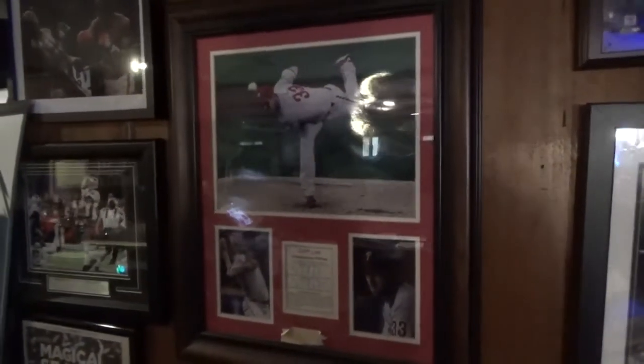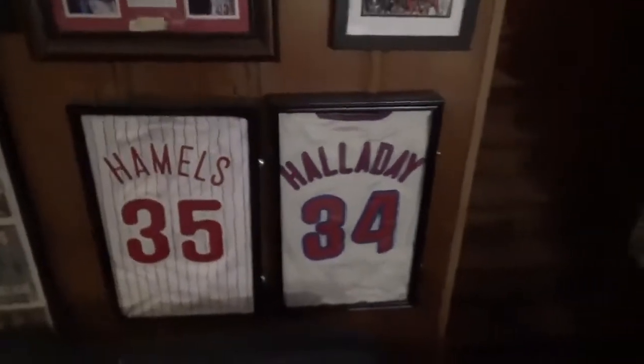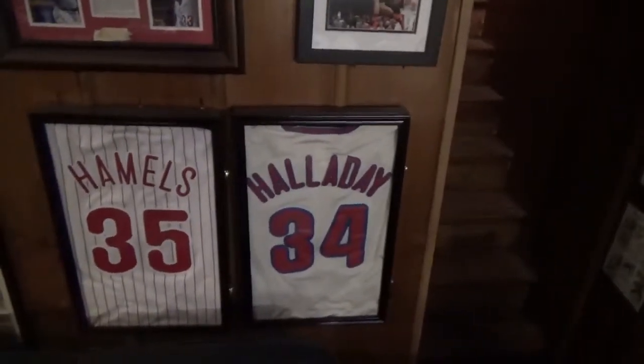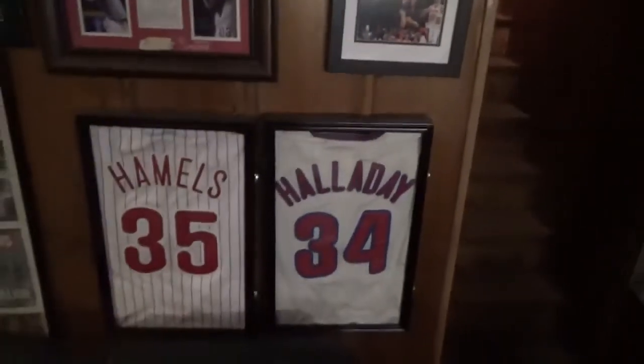That was like, it was a wrap. And then the next year they were supposed to have the four horsemen. So, you know, there's five starters in baseball. They had Cliff Lee, Roy Oswalt, Doc Halladay, Cole Hamels. That was supposed to be the four horsemen, but I thought that was disrespectful because there's five starters, and I fucked with my man Joe Blanton. I wasn't saying that he was like the greatest thing since sliced bread, but he was still a good player